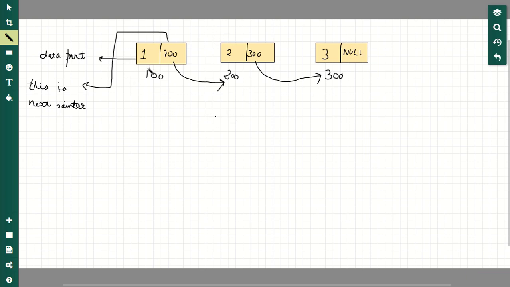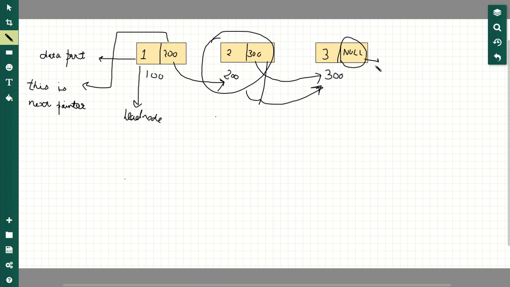The first node is called the head node and its next part will contain the address of the second node, and the second node's next part will contain the address of the last node, and the last node's next part will contain null because we have only three nodes.